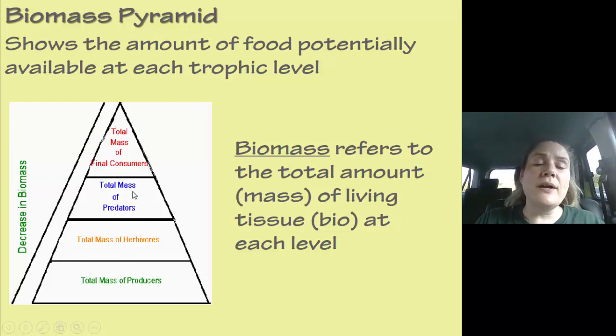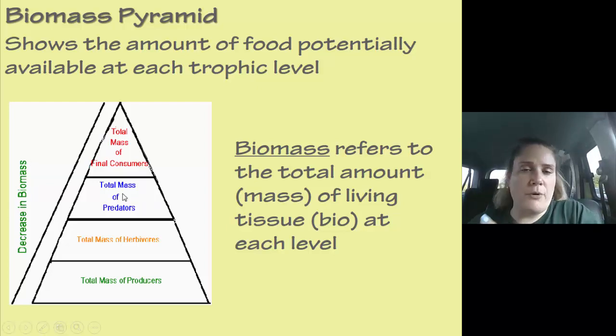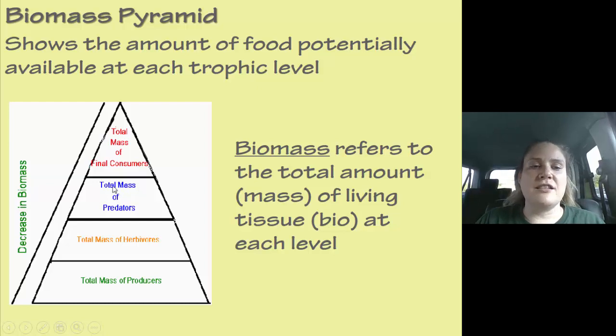Okay. Then we go look for the predators. We look for all the foxes. We look for the coyotes. We look for, if it's a weird day, a cougar walking through. We find the mass of predators and we throw them all on a scale, find the mass. That's going to be right here. Then we go to the final consumers. We get all our hawks and owls and all those dudes, and we find their mass and we put them here. You're going to end up with a pyramid shape.